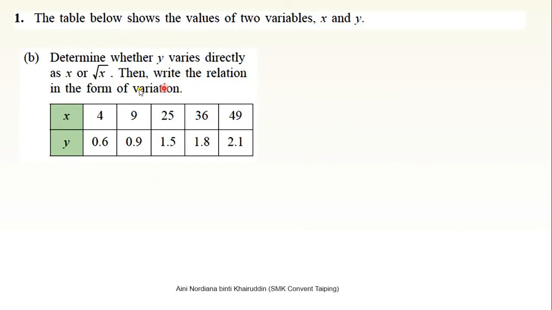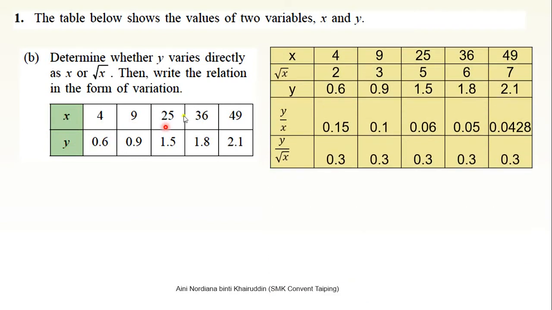So question B, determine whether y varies directly as x or square root of x. Then write the relation in the form of variation. Given the value of x and y, so draw a table. This is the value of x. This is the value of square root x. This is the value of y. So this is the value of y over x. As you can see, the values are not equal. But for y over